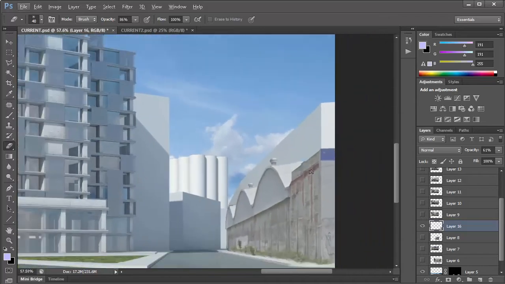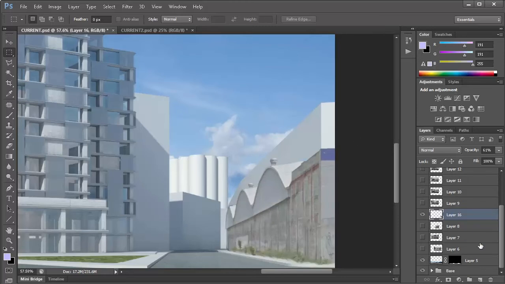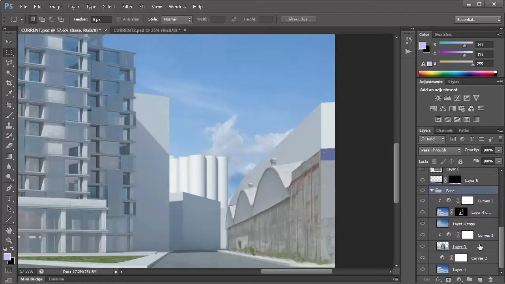Now, remember that if it's something with an irregular roof line like this, we can then go and remove this little bit from the original image. Like so. Go back to your base folder. Select your original image.